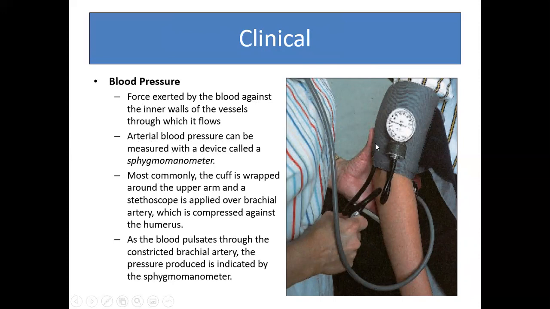Most commonly, the cuff is wrapped around the upper arm, and we put a stethoscope over the brachial artery, and we compress it against the humerus. Whenever the blood pulsates through the constricted brachial artery, the blood pressure is produced, and it is indicated by the